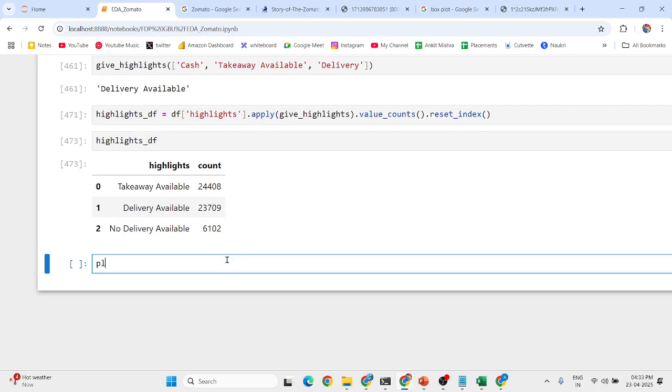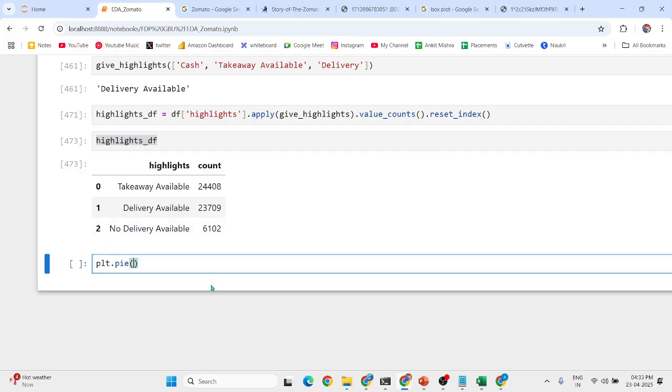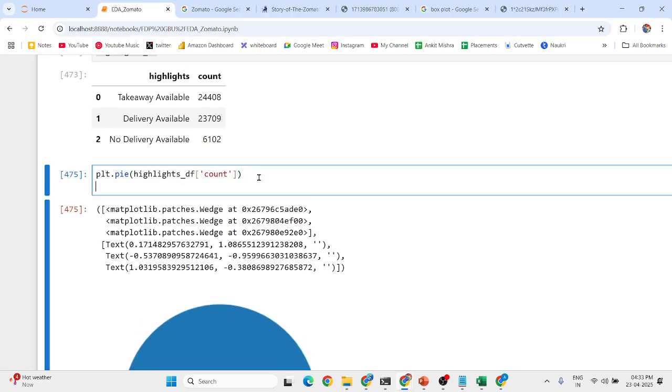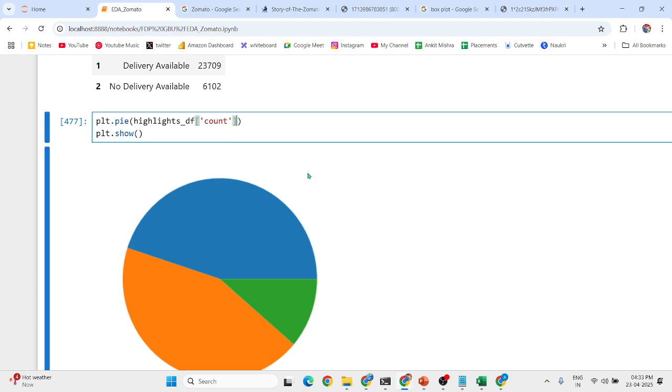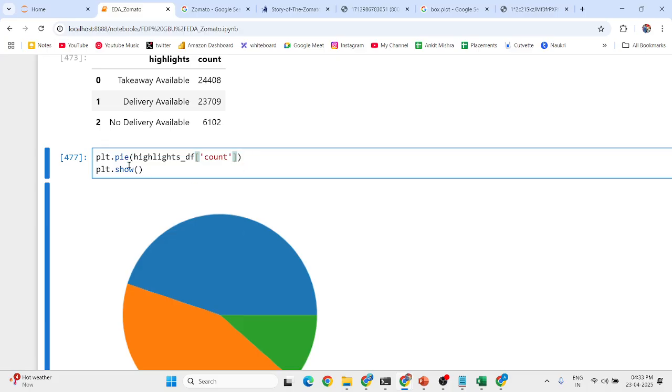So what I'll do, I'll just simply say plt dot pie chart, and inside this pie chart what I want to show, कि हाईलाइट्स डीएफ का मुझे डेटा दिखाओ, काउंट दिखाओ, राइट? Whatever the data count we have, ये कुछ इस तरीके से पाई में कन्वर्ट कर देगा, राइट? I can just simply say plt dot show, देखिए I am getting the pie value as well. Now if you want to get the values, यहाँ पर ये नाम भी लिखा हुआ मिले, so for that what you need to do,